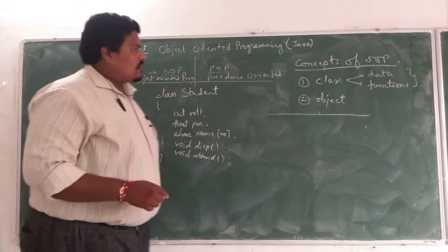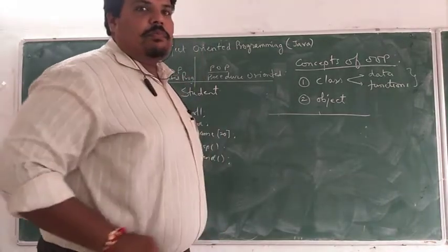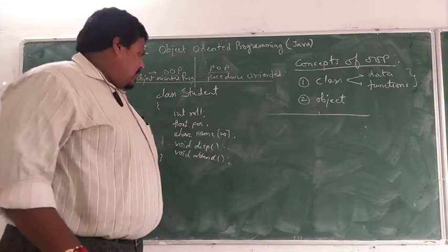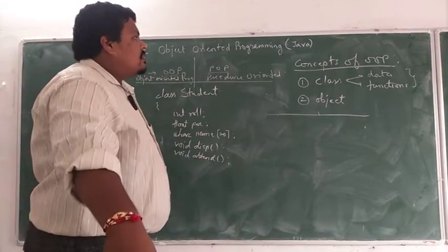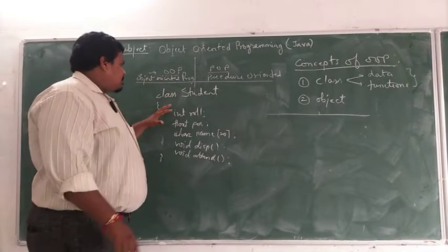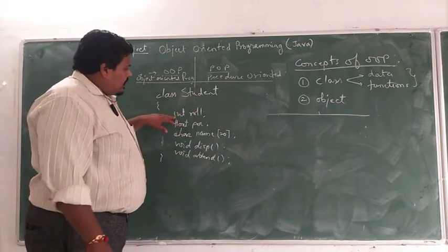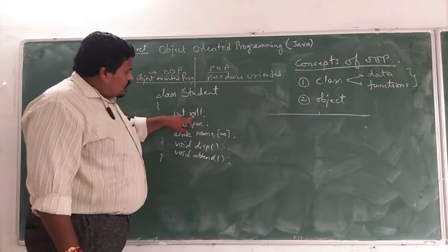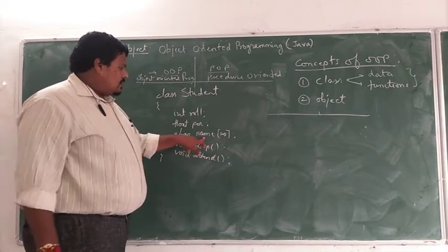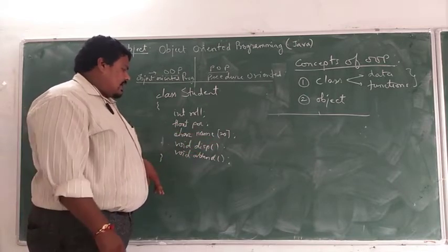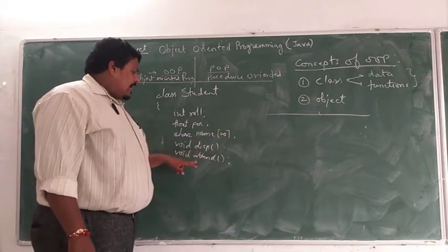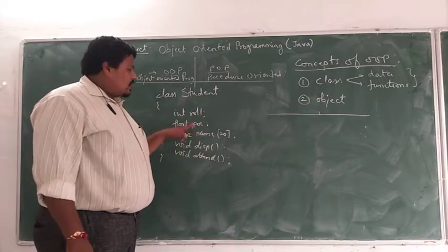See, the concept of class is very simple, but not the object. Object is a very huge concept, cannot be explained in just one single line, but we can at least imagine what the object is. For example, this is a class student, where it contains data members: roll number, an integer value, percentage, a float value, and a name of the student having a character array of 20 characters. There are again two functions, display and attempt, working on the same data.